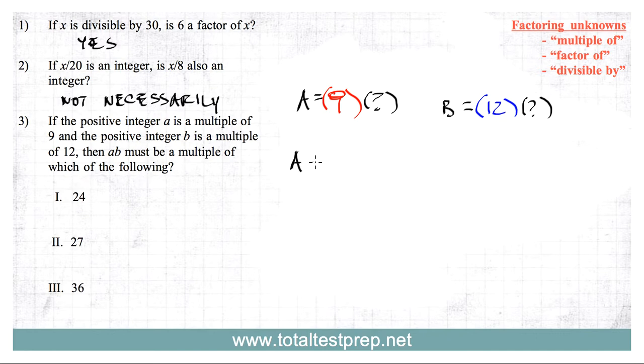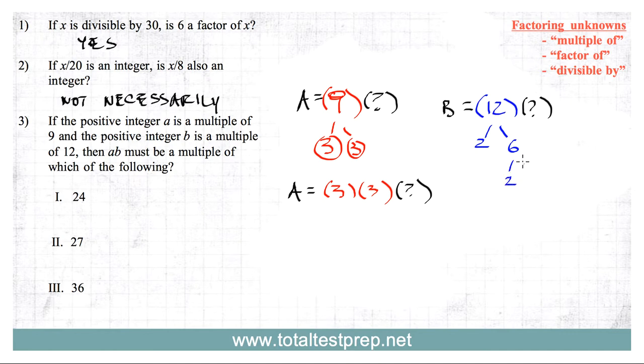So ab, by the way, let me prime factor them first actually. So 9 is 3 times 3, so that means we can write a as 3 times some unknown, and 12 is going to be 2 times 6, which is 2 times 3, so b is equal to 2 times 2 times 3, so 2 times some unknown. So a times b, or ab,